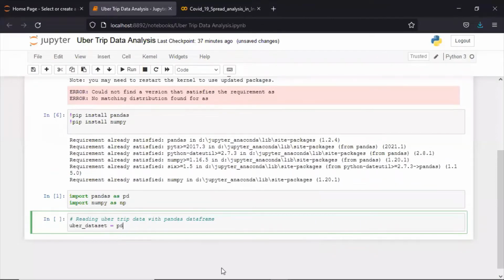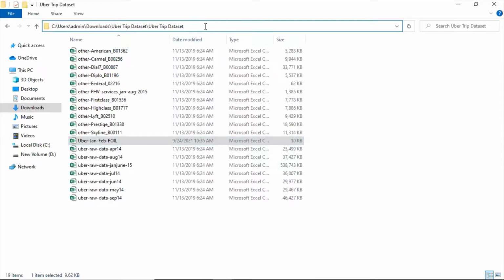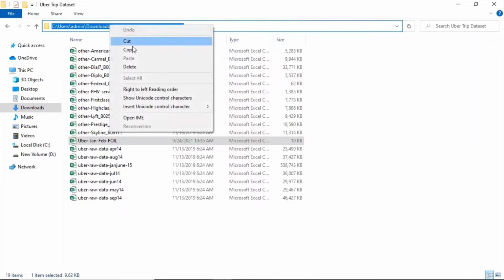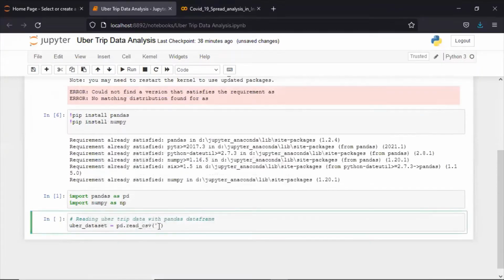For that, I'm going to use the pandas read_csv function because my file is a CSV file. Inside the parentheses, I'm going to pass the path of the file. How do you pass the path? You just go to the path, and copy the complete path and paste it here.